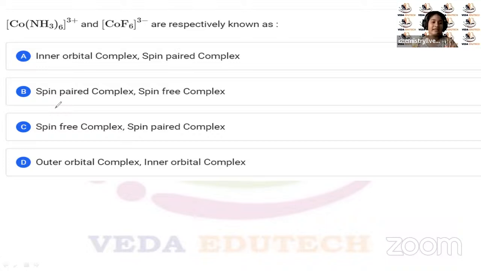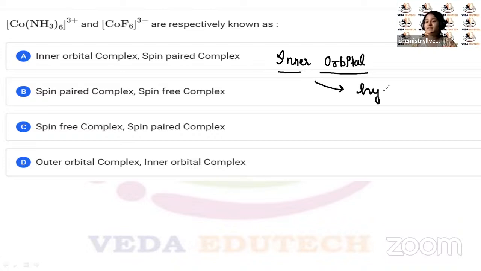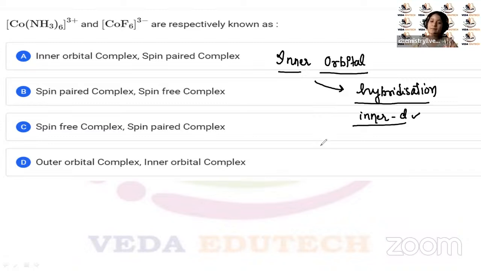तो यहाँ पे कौन सी चीज की बात की जा रही है बच्चा लोग, कुछ यहाँ पे लिखा गया है: इनर ऑर्बिटल कॉम्प्लेक्स, स्पिन पेयर्ड कॉम्प्लेक्स, आउटर ऑर्बिटल कॉम्प्लेक्स एंड स्पिन फ्री कॉम्प्लेक्स। तो इसको हम लोग थोड़ा समझते हैं। इनर ऑर्बिटल कॉम्प्लेक्स, इसका ये मतलब होता है जब हम लोग हाइब्रिडाइजेशन करवाते हैं तो हम लोग इनर d को यूज करेंगे, ठीक है। क्या होता है ये हम लोग इसी एग्जाम्पल के थ्रू समझेंगे।